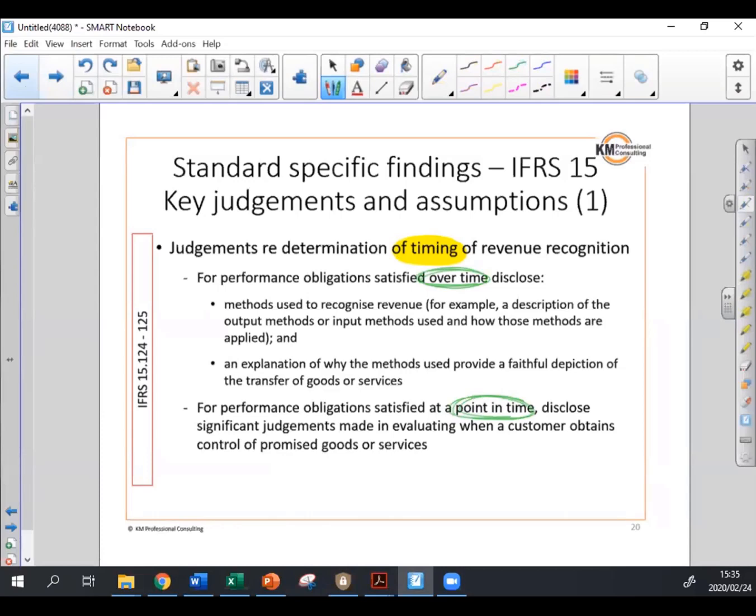So for those at a point in time, I have to judge the when a customer gets control. And these questions might seem very straightforward, but when does the customer get control is either when it takes delivery of an item, or when I ship it, or if it's at a point of sale, at the actual point of sale counter. If it's an online customer, is it, again, shipping, or is it delivery? Is it a signature that I need? What is it? What does your business do? And I think that's